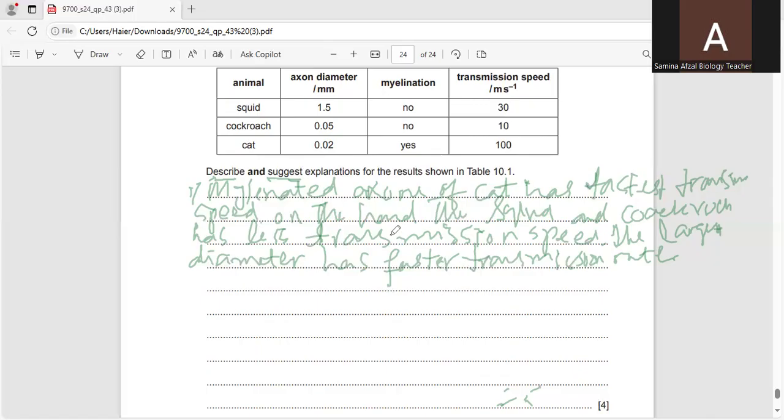If there is myelination, as you know, the myelin sheath is a fatty substance, which acts as an insulator. This insulation allows the electrical signals to jump between gaps in the myelin sheath called nodes of Ranvier. This process is also known as saltatory conduction. So in this way, I would like to say the explanation for them is